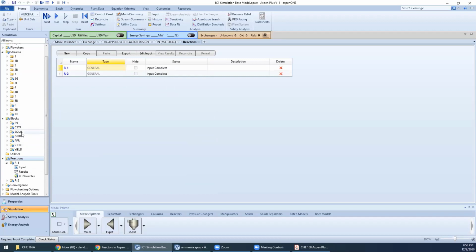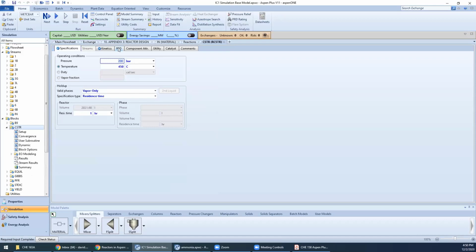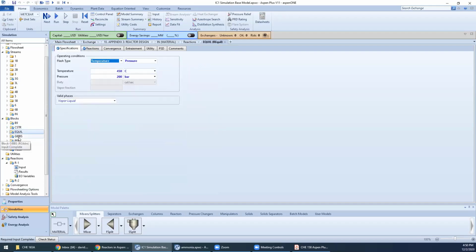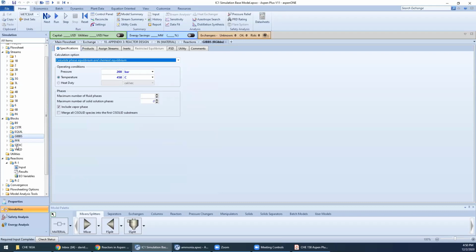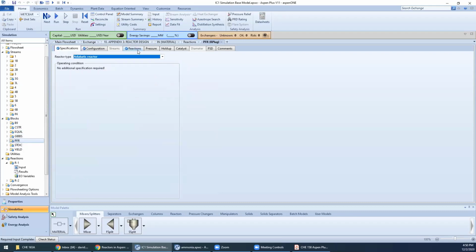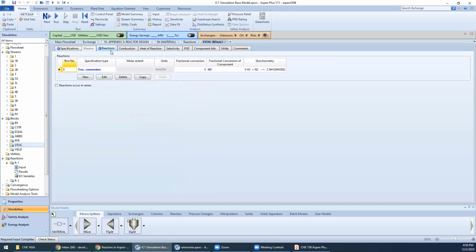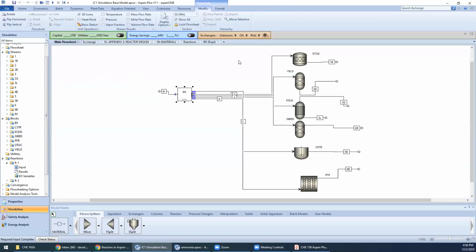If you have your CSTR, you will have the kinetics tab here. Other ones do as well. Or I guess they have reactions, not kinetics. Yeah. So the rigorous models will have kinetic expressions. The non-rigorous ones will have reaction tabs, where it just says, hey, what are the reactions that you're concerned about or that you want to investigate? So then,